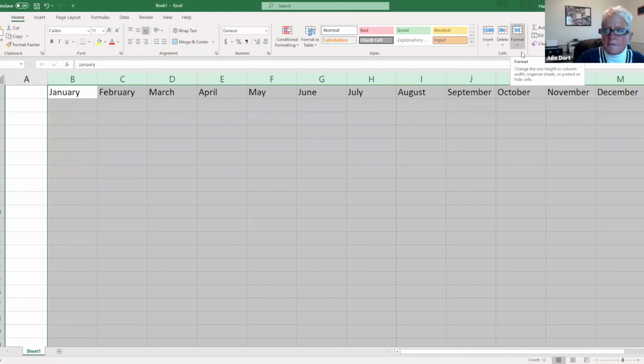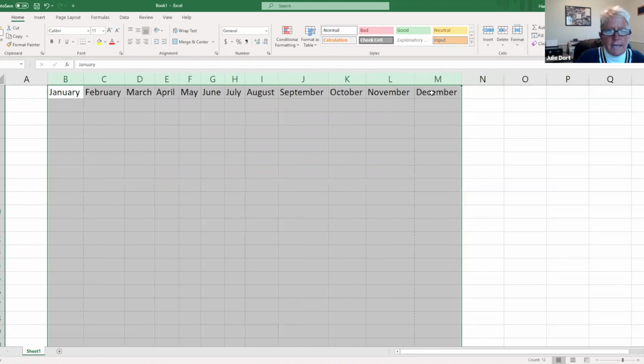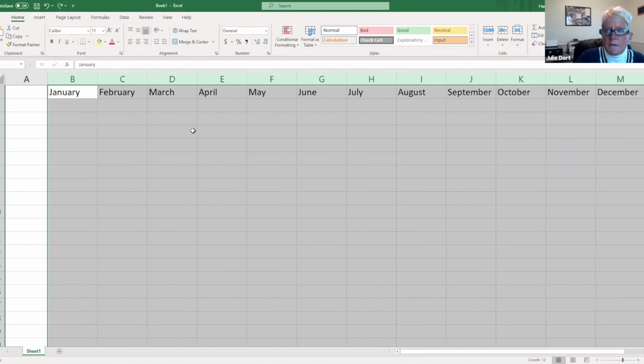All right, so those are two different ways that you can adjust your column width. You can go to Format. You can enter a digit that you would like your column width to be. You can have Excel determine the column width. So if I were to click on Auto Fit Column Width with all 12 of those selected, I'm going to go ahead and do that. You can see that June, July, May, and so on are much smaller. The column width is much smaller than maybe an L or an M. I'm going to go ahead and undo that,